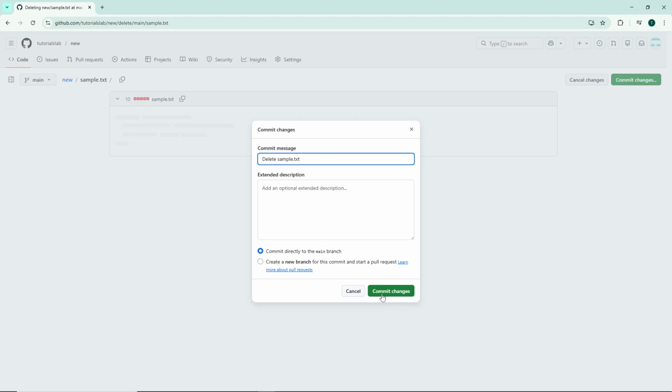A confirmation dialog will then appear on your screen. This is GitHub's way of making sure you really want to go through with deleting the file. Click Commit Changes once more to finalize the deletion. Once you do this, the file will be permanently removed from your repository, and there you have it. The file has been successfully deleted from your GitHub repository, helping you maintain a clean and organized project